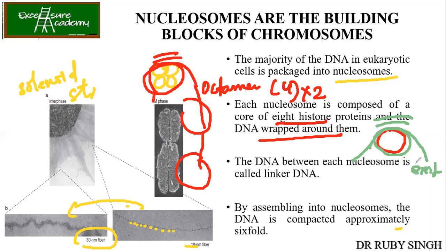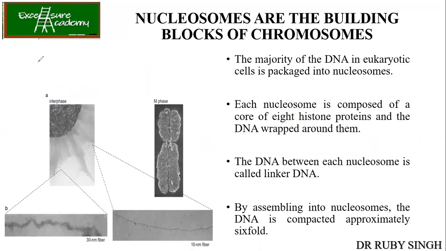Now the DNA between each nucleosome is called the linker DNA. This portion is called the linker DNA. So here is 1 nucleosome, 2 nucleosome, and linker DNA. You need to understand over here that numericals can come based on this. For example, if I say that the organism is having around 400 nucleosomes, let us say it is having 400 nucleosomes, then I'm asking how many